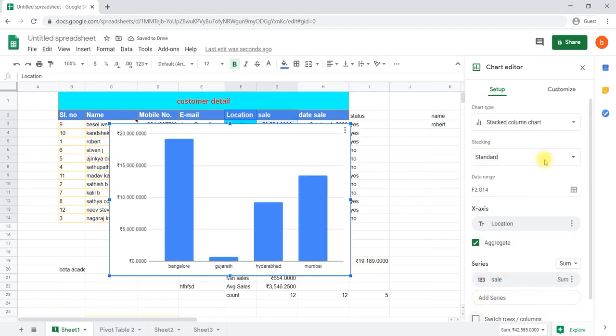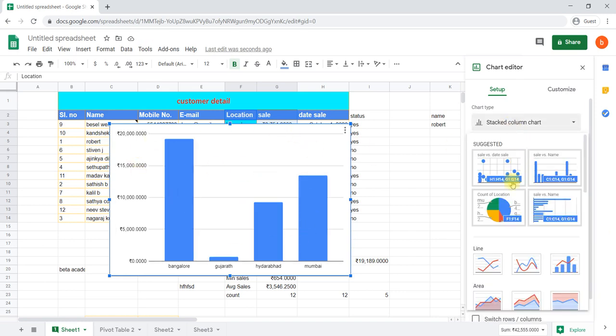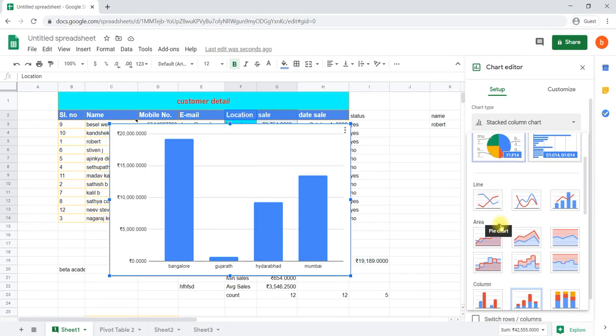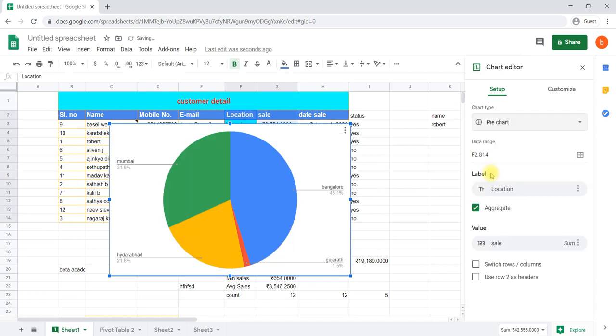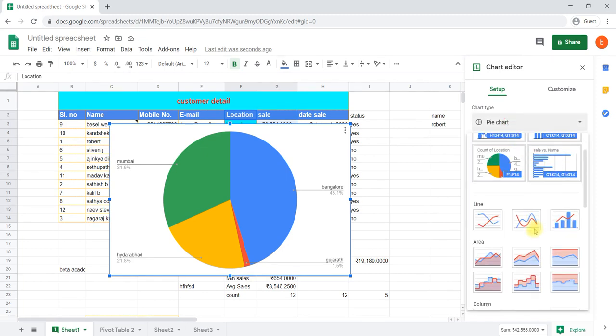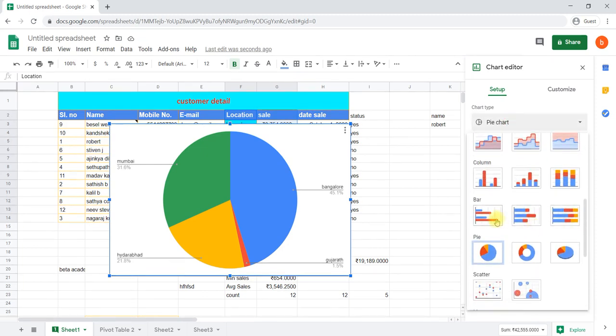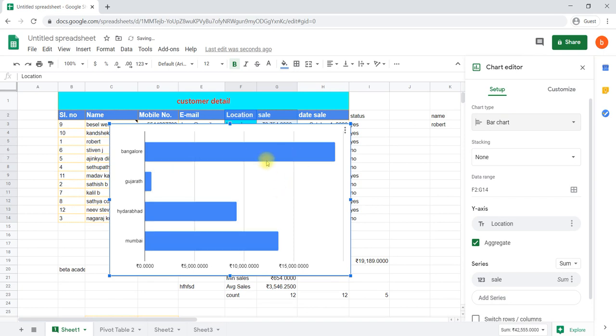And this is about a stacked column chart, how to modify it. For example, instead of a stacked column, if you select a pie chart, it will look like this. Instead of a pie chart, if you would like to represent it in a bar chart, it will look like this.